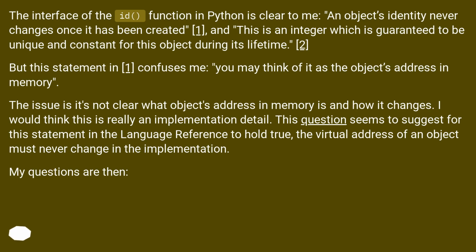The issue is it's not clear what an object's address in memory is and how it changes. I would think this is really an implementation detail. This question seems to suggest that for this statement in the language reference to hold true, the virtual address of an object must never change in the implementation. My questions are then: